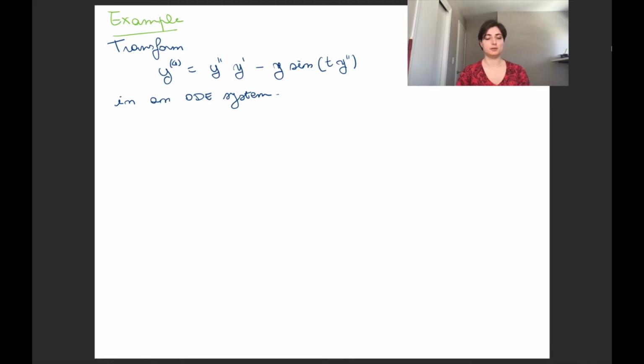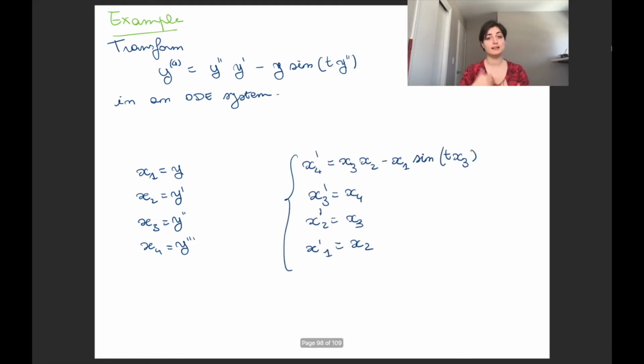Let's look at an example. We have the fourth derivative of y equals y second times y prime minus y sine of t y second. So we introduce x1 equals y, x2 equals y prime, x3 equals y second, x4 equals y third. We don't introduce anything for the fourth derivative, because the fourth derivative will be replaced by x4 prime. We replace the fourth derivative by x4 prime, and everything in that equation we replace with the corresponding